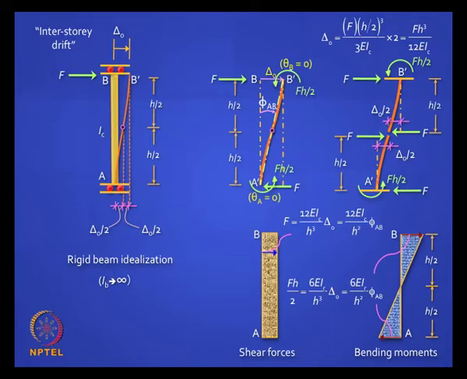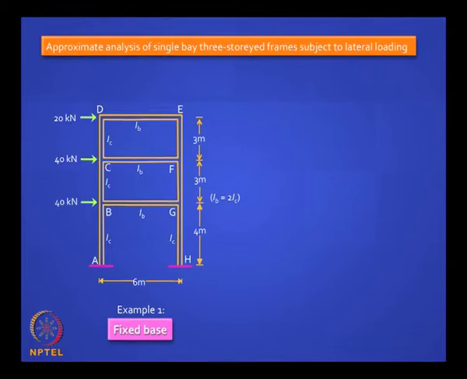So these concepts you need to grasp early. Now let us try to do a quick approximate analysis of a 3-storied symmetric frame. Now it is given here that IB is equal to 2 IC, but for the approximate analysis we are really assuming IB is infinite. So that is the error we make in the analysis, right, and we will see later how to do a more accurate analysis of this using a displacement method.